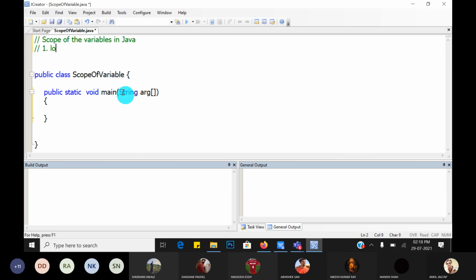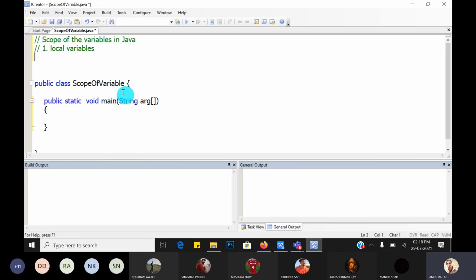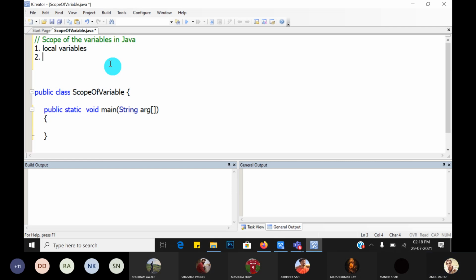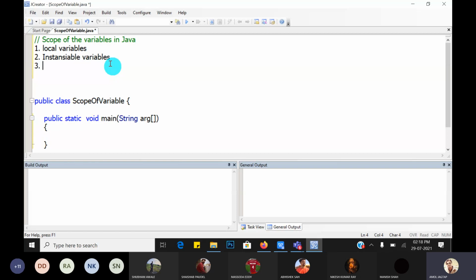First is local variables, second is called instantiable variables, and the third type of variables are called static, or also called class variables. Okay, so we will see them one by one.